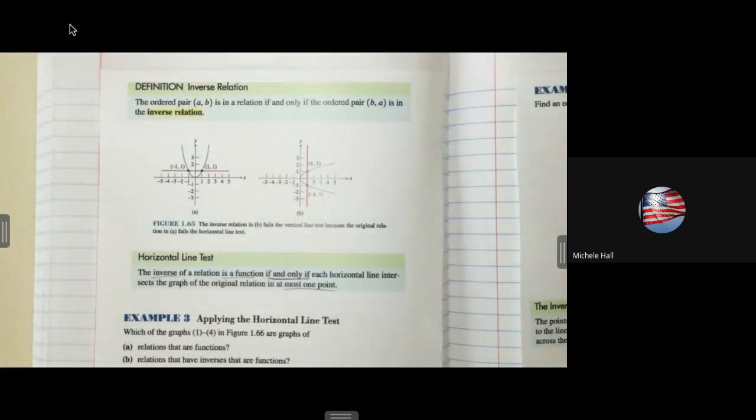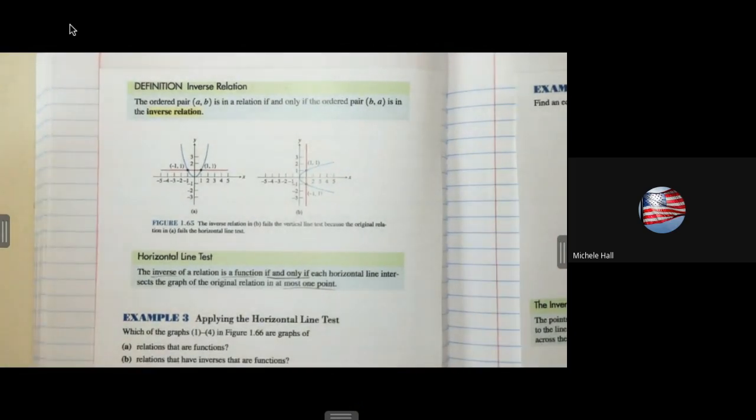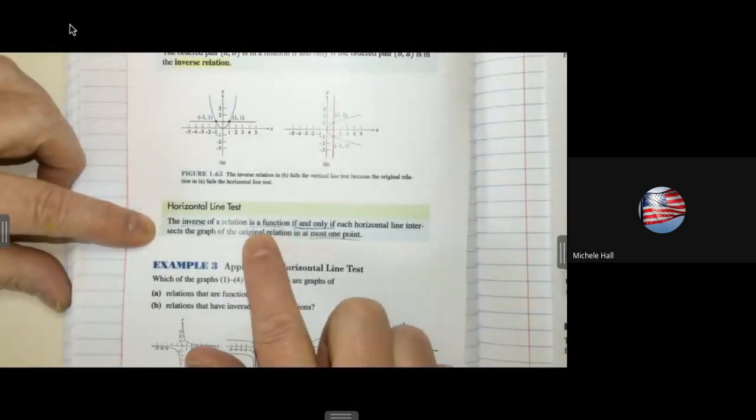So we've been doing the vertical line test to see if it was a function. Now we have the horizontal line test to see if it's one-to-one. You use the horizontal line test, so this is about inverses. We're talking about inverses of functions in this section. And if you can take an inverse of something, then it has to pass the horizontal line test. So the inverse is a function